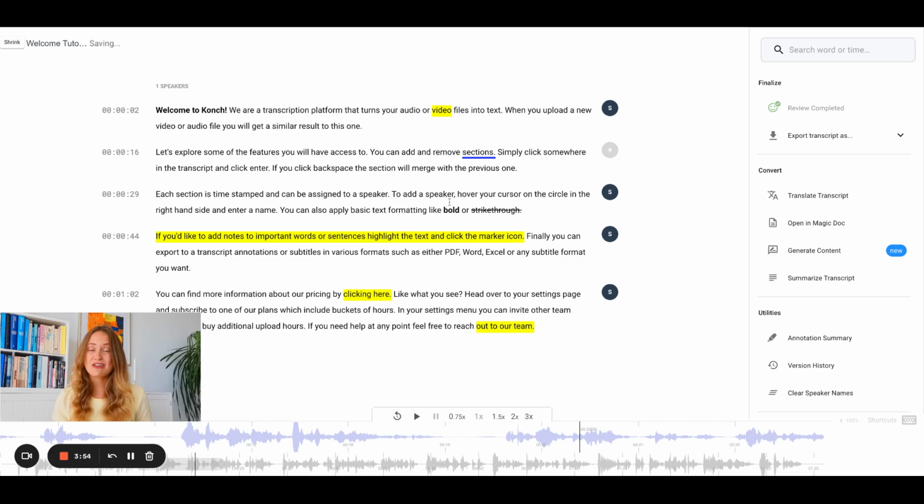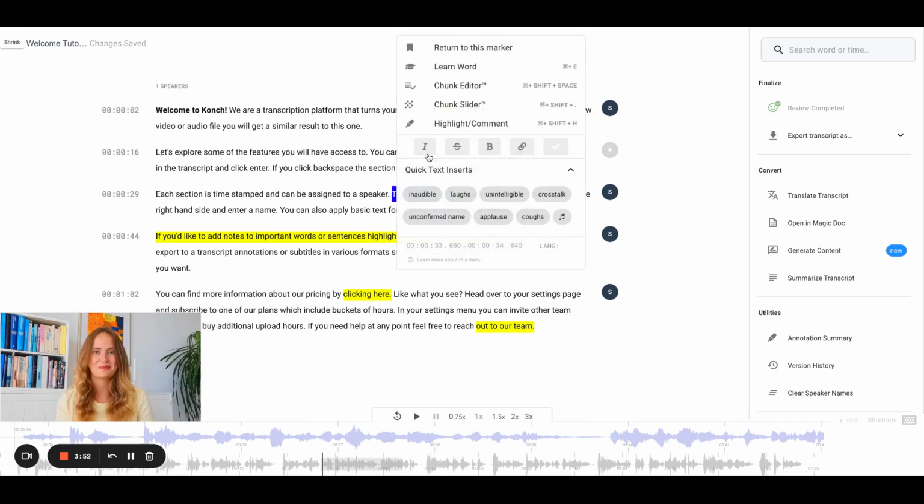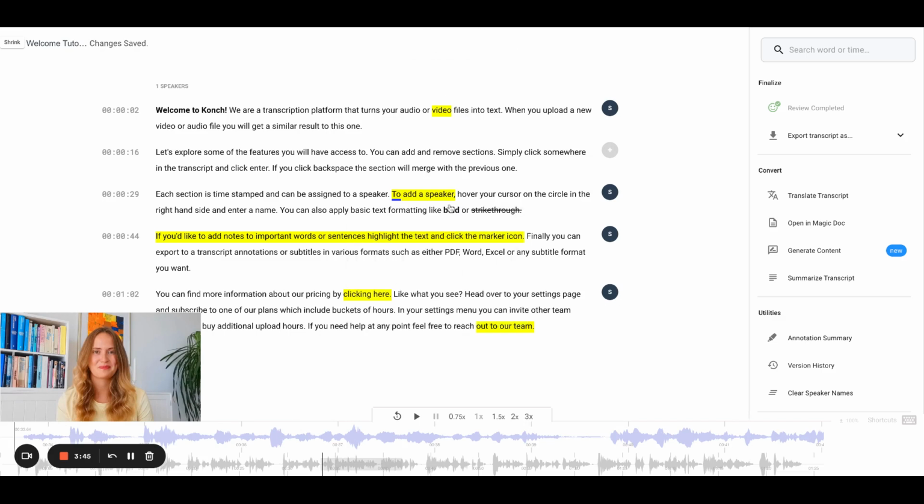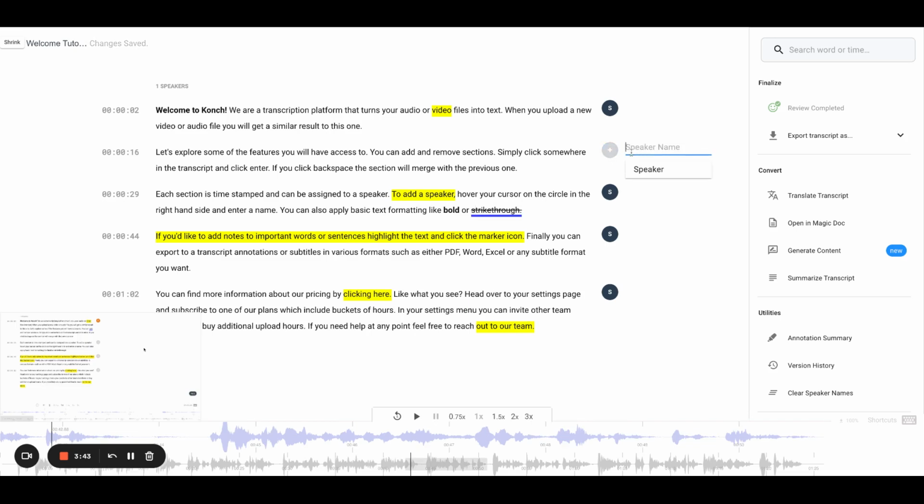You can also create highlights. So in here, you can create a highlight or a comment and say, here's a comment, save that. You can add new speaker names. So in this case, we could say that it's John that's saying this particular paragraph. And here it could be that it's Alan. And once I update this one, you can update all the speakers that were speaker before to Alan.